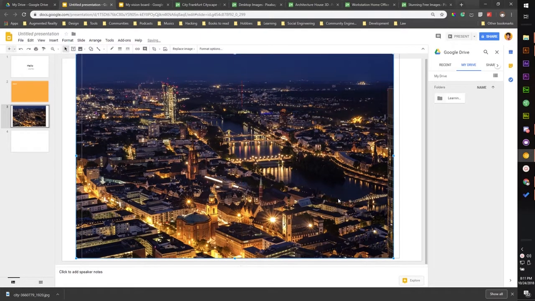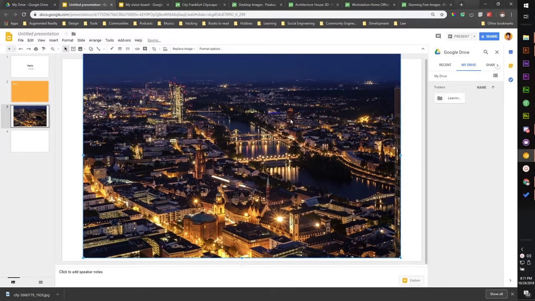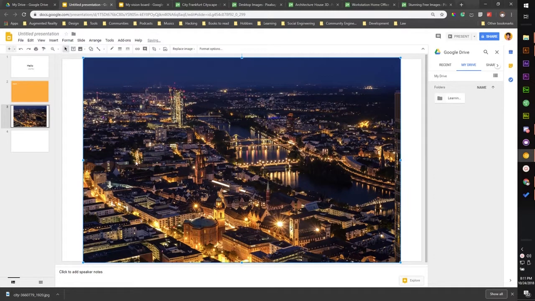Also, watch out for the red line, as the red line will tell you what is the center of the canvas. So now that we have this perfectly aligned, we can always add more text by clicking here on the text box, and then just click and drag where you want the text box to be. After that, let's just type out some text,